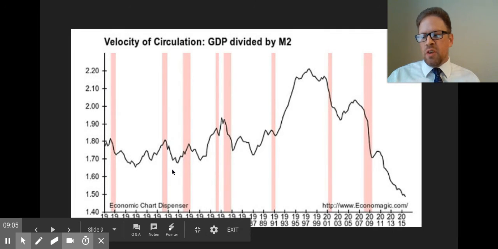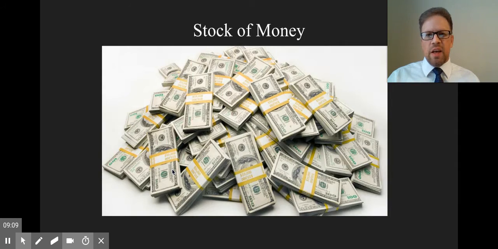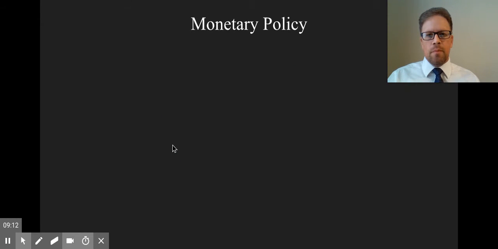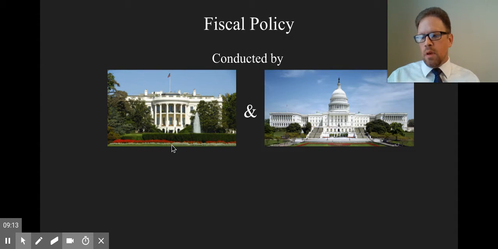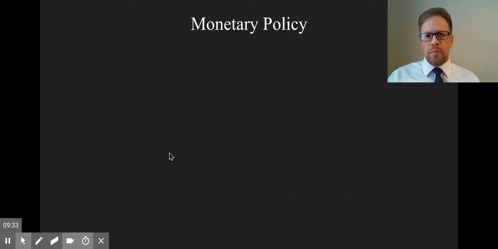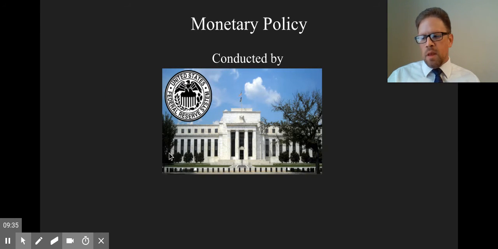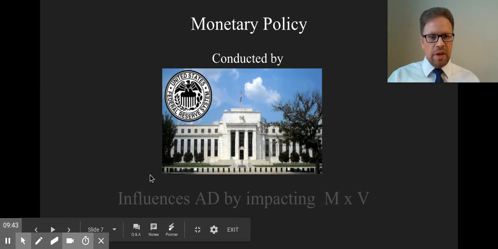Now, fiscal policy uses five tools to stabilize the economy, while monetary policy uses just three tools to stabilize the economy. So fiscal policy tools include marginal tax rates, tax incentives, changes in government spending, public transfer payments, and progressive income taxes. We'll talk in depth about how those work later. And monetary policy tools include reserve requirements, discount rates, and open market operations. That might sound slightly familiar because we talked about these a couple of units ago.